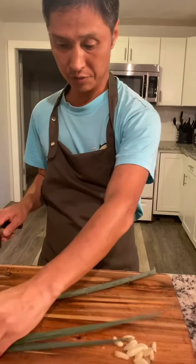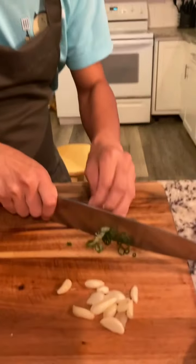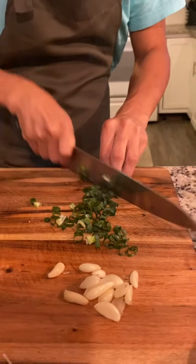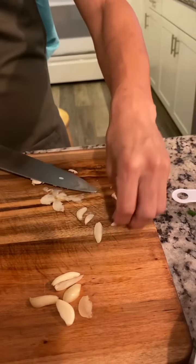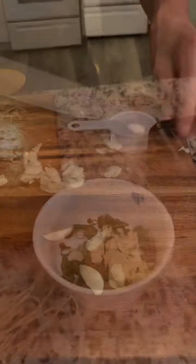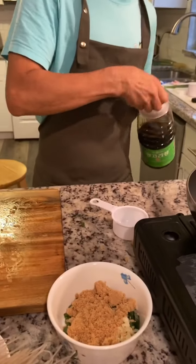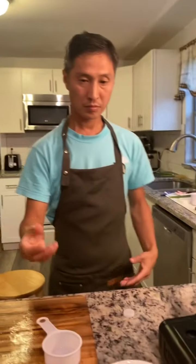First, chopping the green onion. Half cup brown sugar, half cup soy sauce, and a half cup water, 1 tablespoon of black pepper, and celery. So now we're using two chicken,